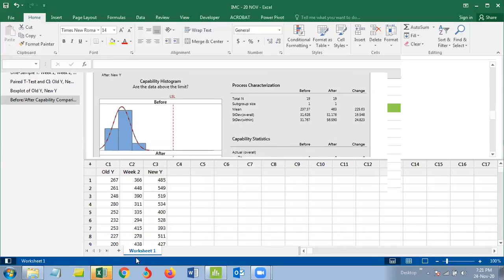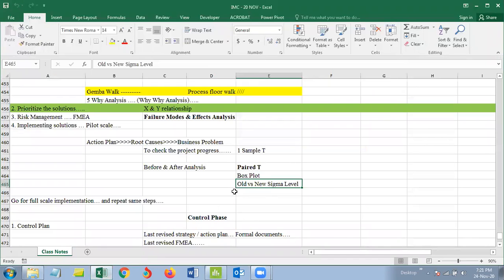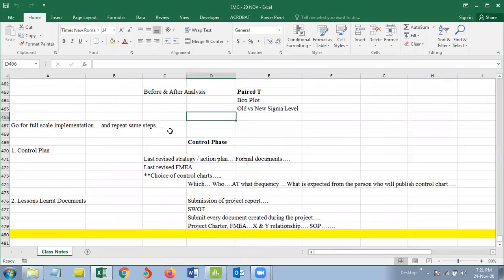That's how it goes. Just want to check with everyone, is this clear? Because with that we conclude the improve phase part of it. Is everyone okay with that? Yes, sir. Okay, perfect. Now, moving on to the control phase, as we discussed yesterday, in the control phase, there